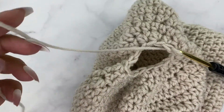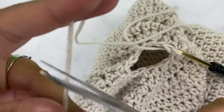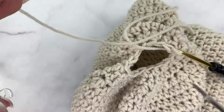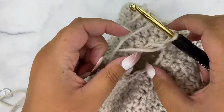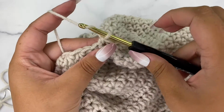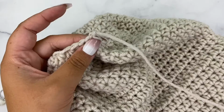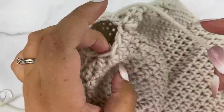We're going to grab some scissors and give yourself about 12 inches of tail, and we're going to cut. We're going to cut our yarn, and we're going to tie off, which will just be taking yarn, pulling it through this loop all the way and pulling up to create a little knot there. And then we're going to use